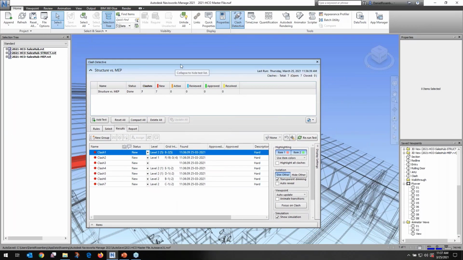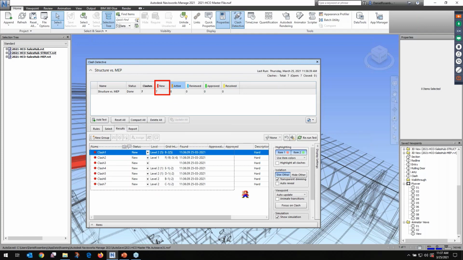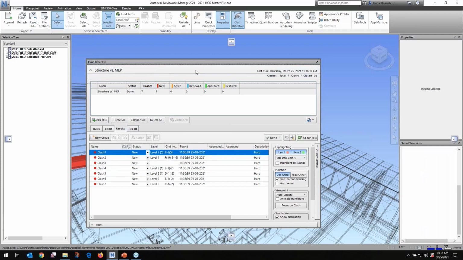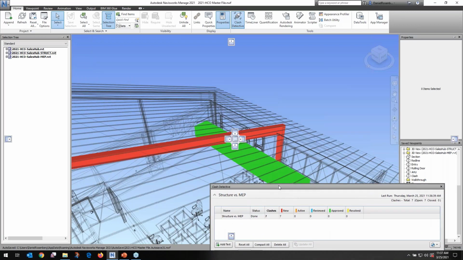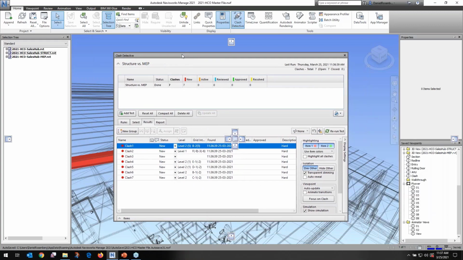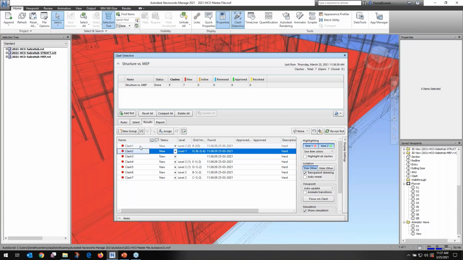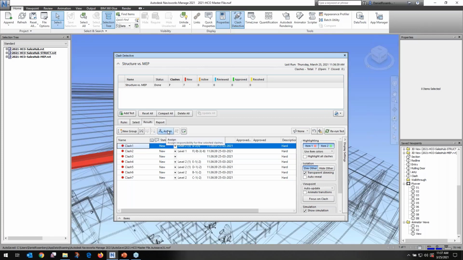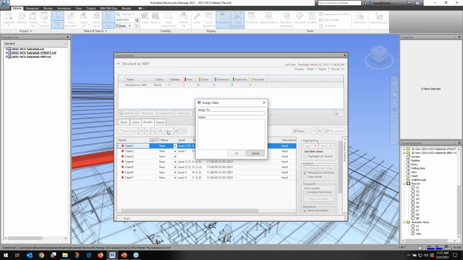So let's check this out here. We've got 7 clashes. Red shows up as new, so it's the first time we ran it. So let's take a look at all these and see what we've got. All right, so clash 1 here. That looks like a piece of ductwork hitting our structure. We can't have that. So one thing we can do here is click the assign button and say, let's assign